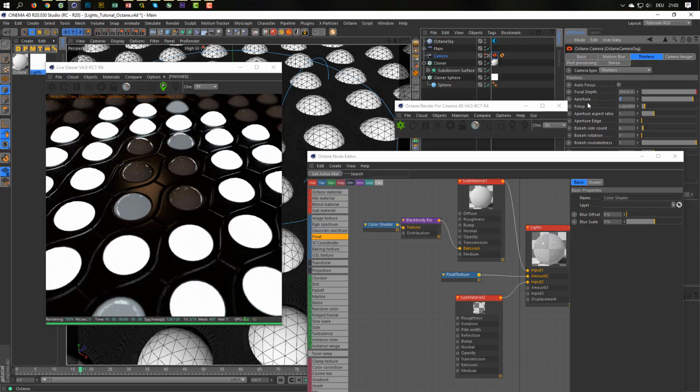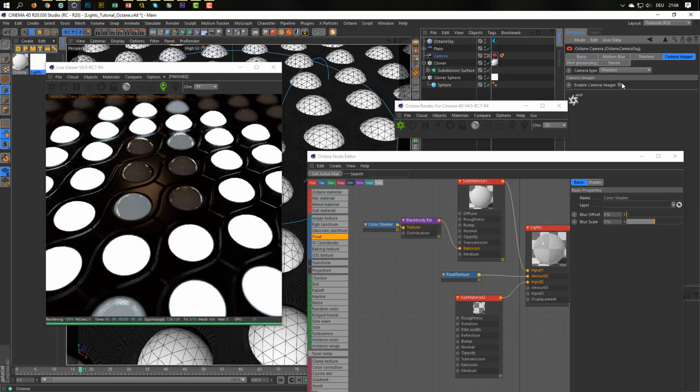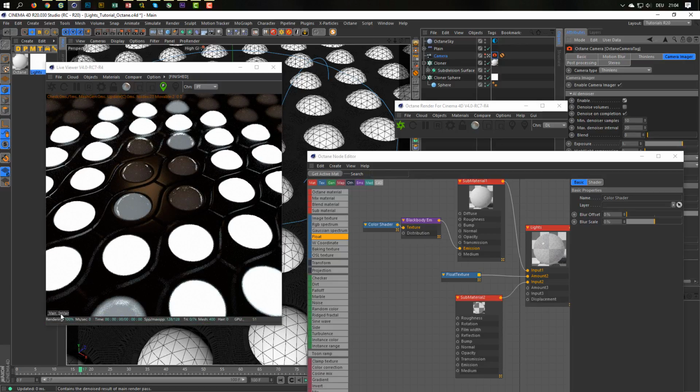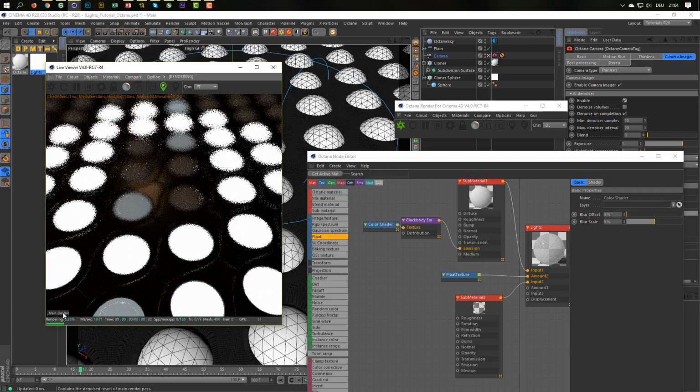Let's go to 8 so that you really see it. 8 is too much, 6. I have 500 samples here now, and if I activate in the camera imager the denoiser, enable denoiser,